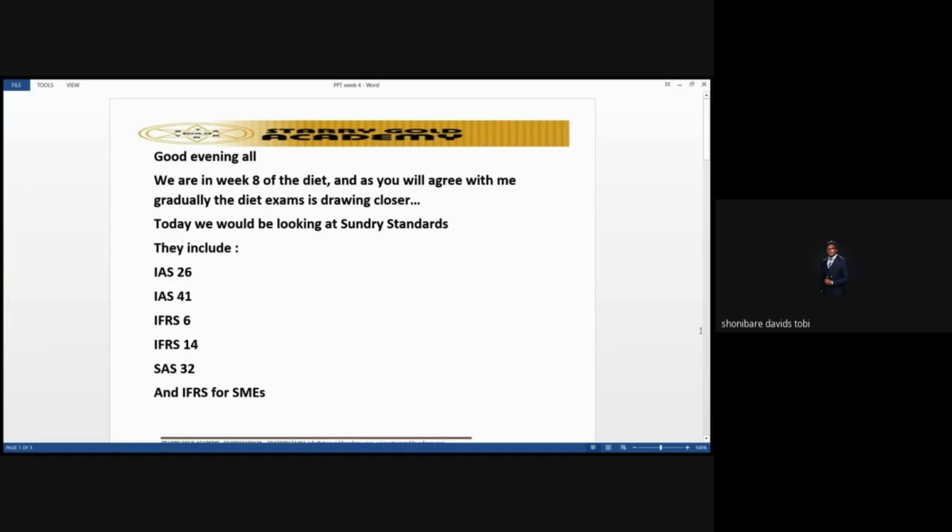Imagine a farmer now who has 10 rams, he has a cocoa plantation, and he wants to present his financial statement. How will he capture this? Or how would he recognize revenue? Are we getting it? So IS 41 was very much needed because, I believe, some of us here must have engaged in farming activities, so you understand some of these agricultural activities. That is the major reason why this standard was established, IS 41.